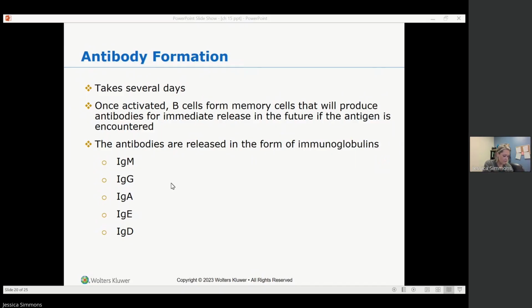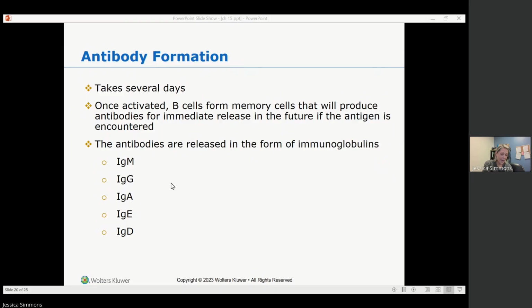So it says the first immunoglobulin released is IgM, which contains the antibodies produced at first exposure to the antigen. IgG contains antibodies made by the memory cells that circulate and enter the tissue. Most of the immunoglobulin found in the serum is IgG, so that's going to be like your biggest component.